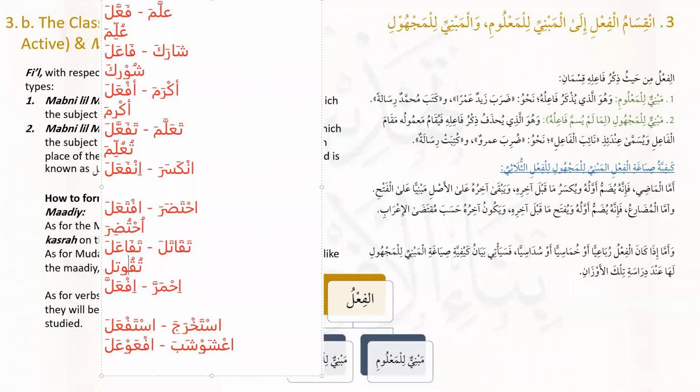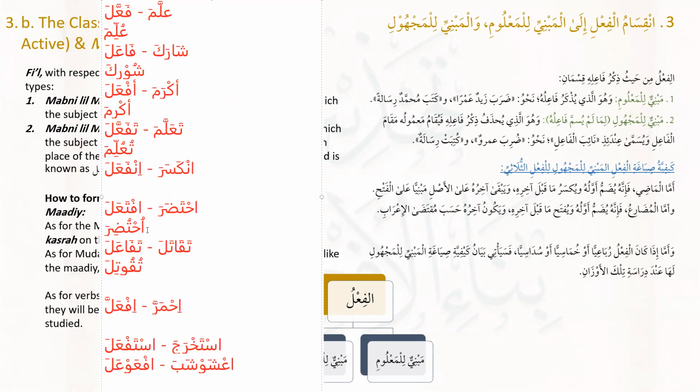So a dhamma and another dhamma, and of course with the dhamma the alif is not compatible, it converts into a waw: تقوتل. طيب, as for ihmarra, ihmarra is lazim, it's always intransitive. I don't know if there is any example in the Arabic language of it being used as mabni al-majhul, because it already serves the purpose of a mabni al-majhul.